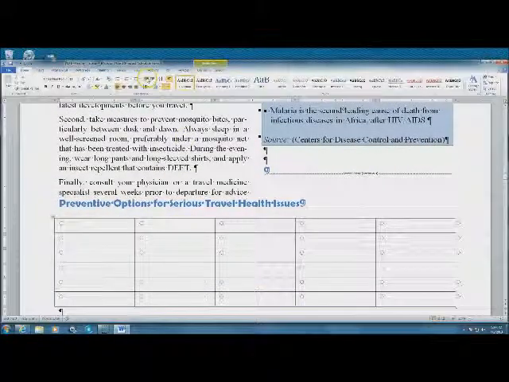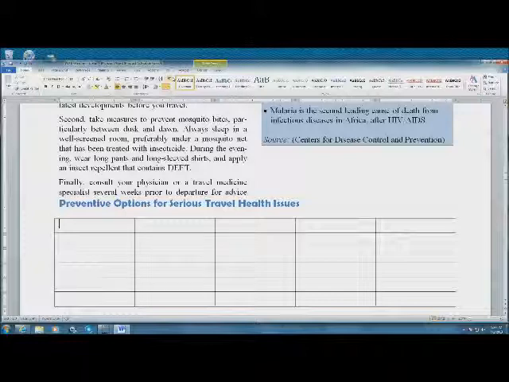Let's click on our Home tab, and we want to shut off our characters. In the first box, type Disease, tab,